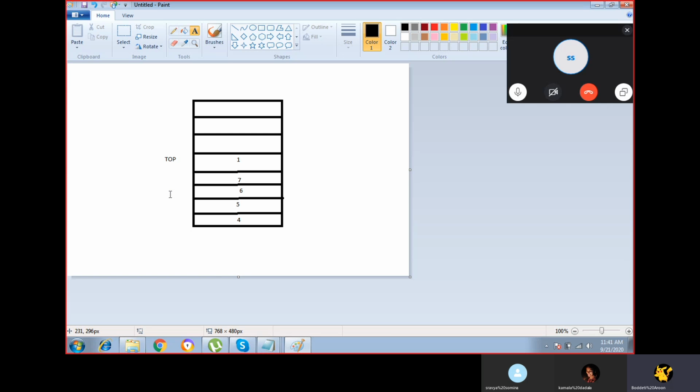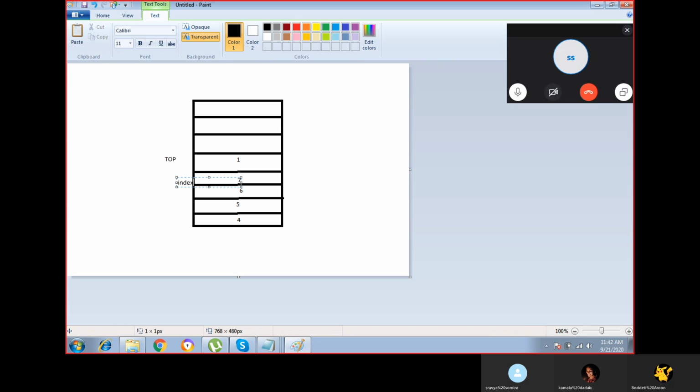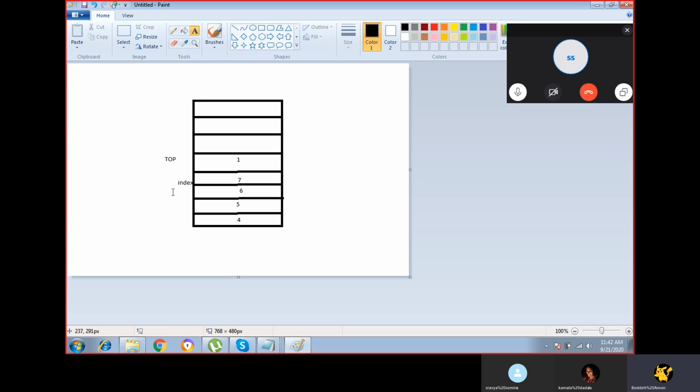The stack index will be keeping track of the information, that is, at which position a particular element is present. By using the index we'll say at which position the element is present. Whatever elements we are inserting into the stack, we'll use the index for tracking at what position each element is present.